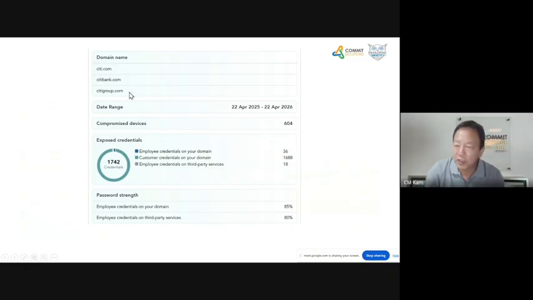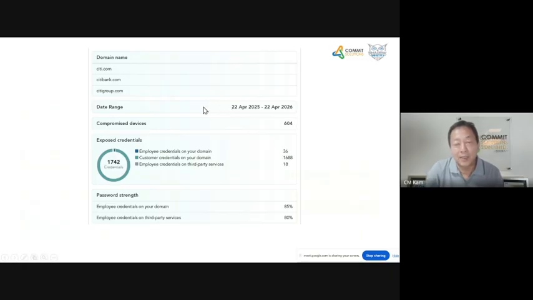If your organization only has one domain name, you probably need to scan only one. If you have multiple, then you need to scan the multiple domains. These are all primary domains, not subdomains. Primary domains only are the area that we scan. And the scan date, if you look at it, is approximately about a year. Okay, these are configurable. You can do a scan for 6 months or whatever.